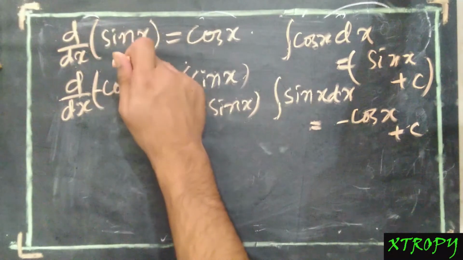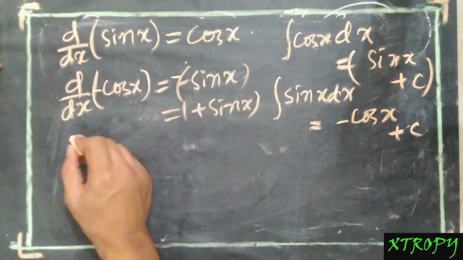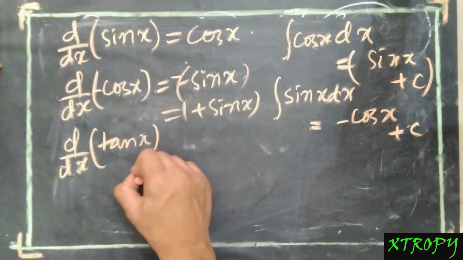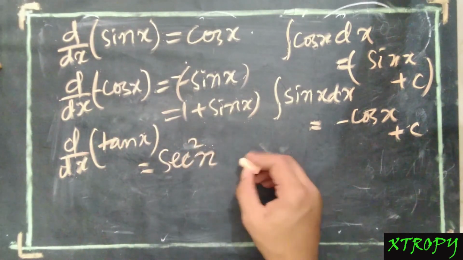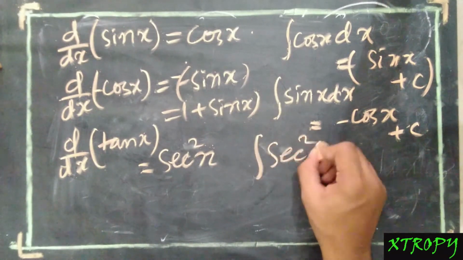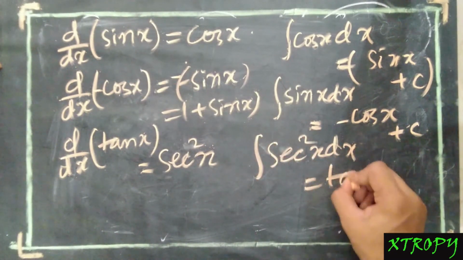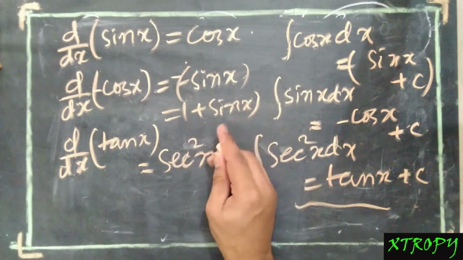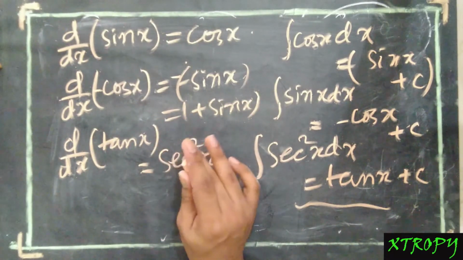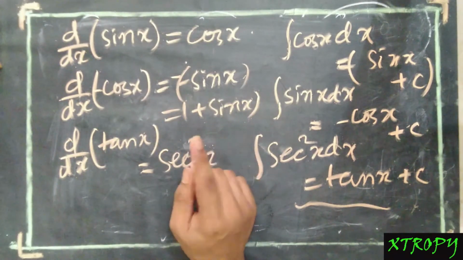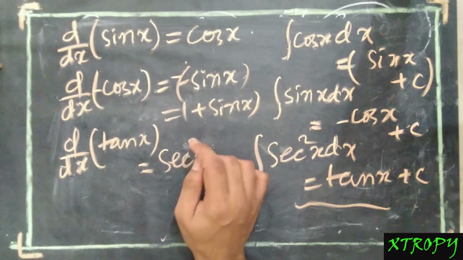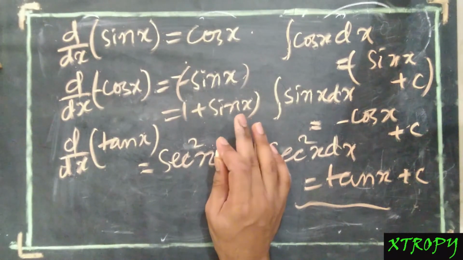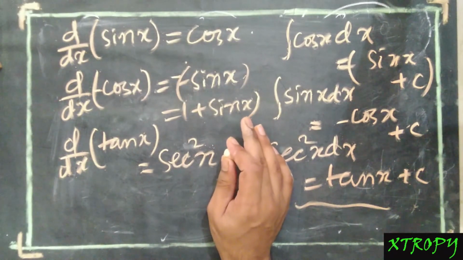This same trend is followed in the other formulas as well. Suppose you have the differentiation of tan x. So what was this? Sec square x. So if you integrate sec square x with respect to x, you will get tan x. So this is very clear that if you remember the formulas of differential calculus, integration will be quite easy for you. Another important thing to begin with integration is having a basic and firm knowledge of trigonometry, because trigonometry is an essential tool and a kind of prerequisite in your journey of calculus.